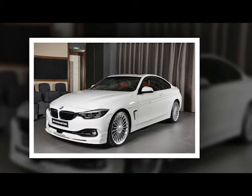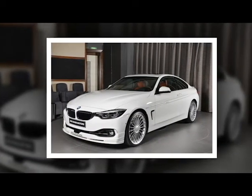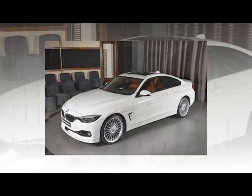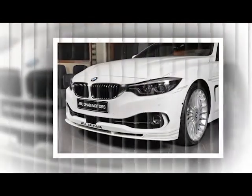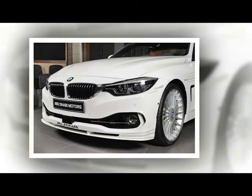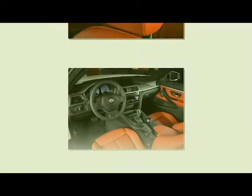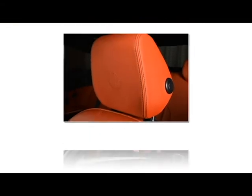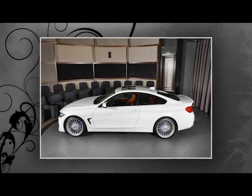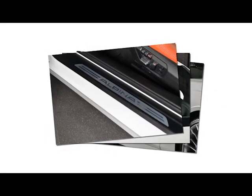Alpina B4's bi-turbo makes for an elegant M4 alternative, as awesome as the BMW M4 is. If you're craving exclusivity, opting for an Alpina-tuned 4 Series should help you stand out more among the crowd. The best part is that you wouldn't be sacrificing any performance, as the B4's bi-turbo puts out 9 PS, 9 HP, and 56 Nm, 41 lb-ft, more than the stock M4, for a total of 440 PS, 434 HP, and